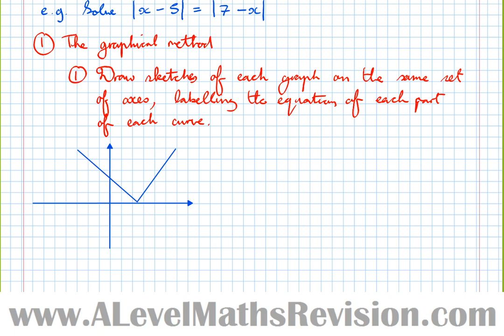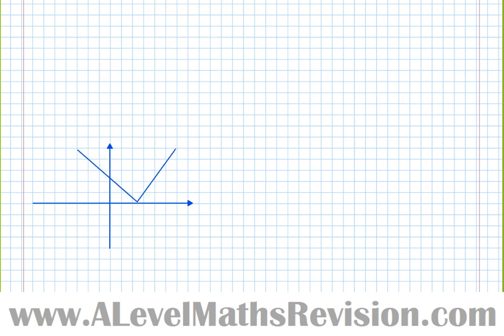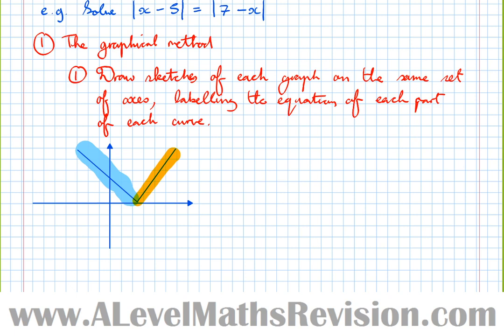But there's something else I'm going to do here. I'm considering this part of the graph, which is y equals x minus 5. It's slightly different to this one. This is the reflected version. This is what I'm going to call the negative version of x minus 5. So orange is the positive version of the graph, the unreflected version. And the left hand, the blue part, is the negative version of x minus 5. We've applied a minus sign to it to get that line. So this, in essence, is actually this one here,